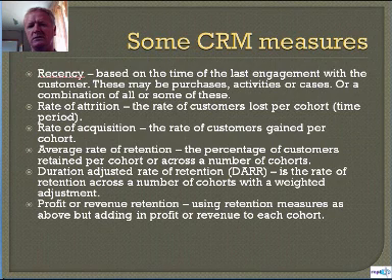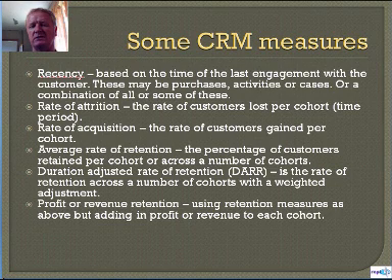Right, so let's have a look at some CRM measures. The first one is recency, which, as the name implies, is based on the time of the last engagement with the customer. So this could be a sales engagement, it could be an activity such as an email or a telephone call, or it might be a service case, or it could be a combination of all or some of these. So that's recency. Then you get a rate of attrition, which is the rate of customers lost per cohort,